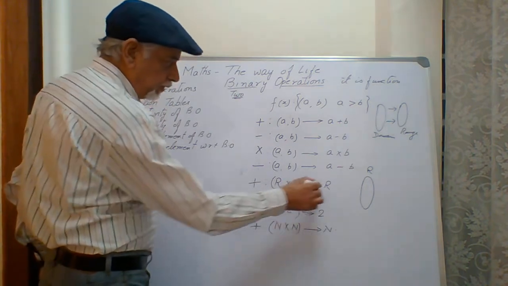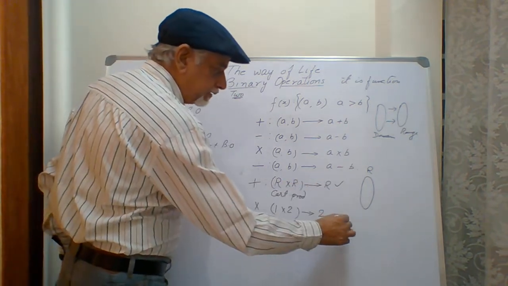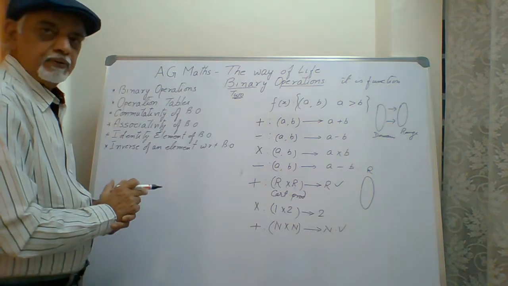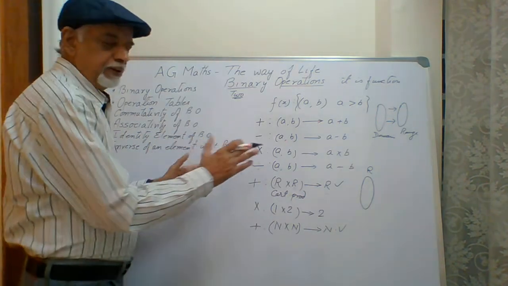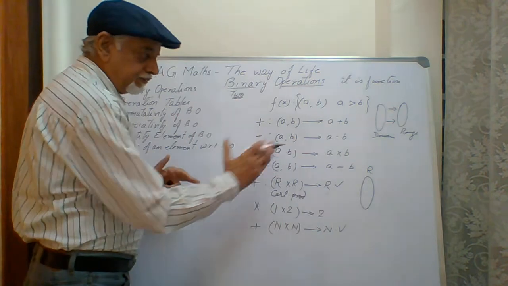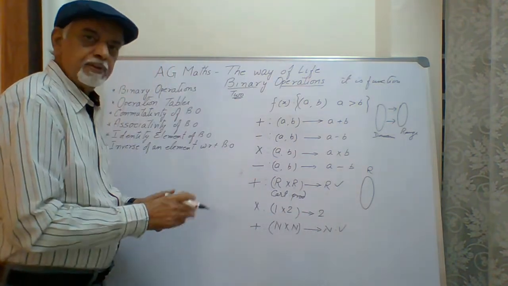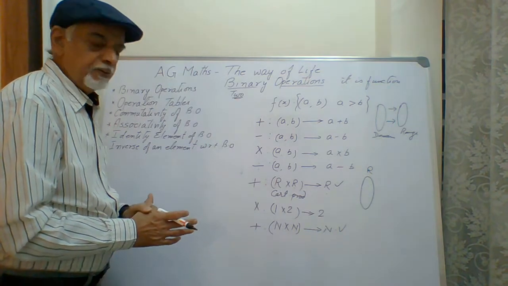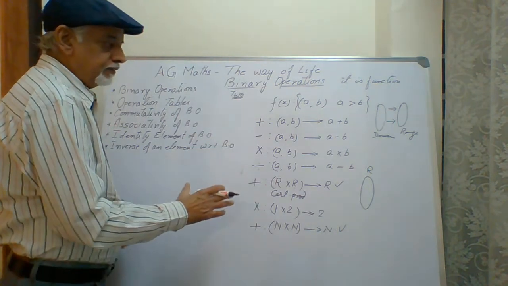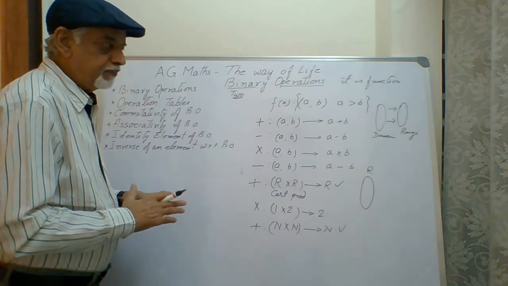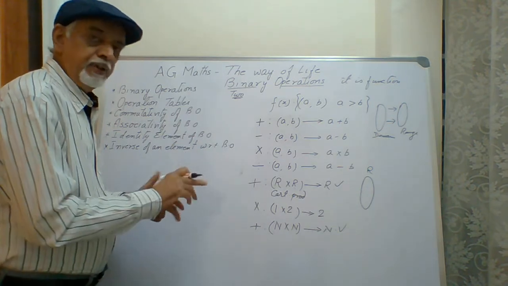It is differing between this and this. In this case, you can have any real number values, so it belongs to the real number set. So the set is different. And here, in addition, we will have a different set which is only the natural numbers. So the operation of addition will give answers depending on which set we are applying it to.